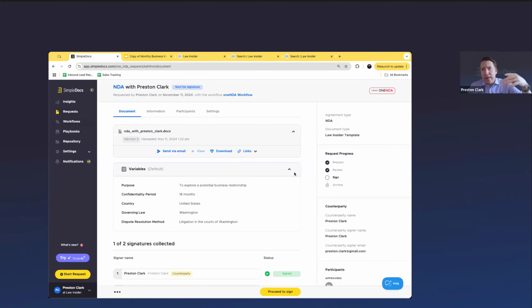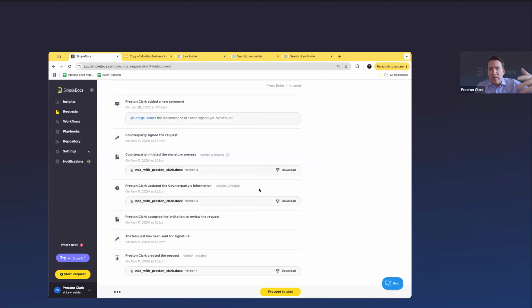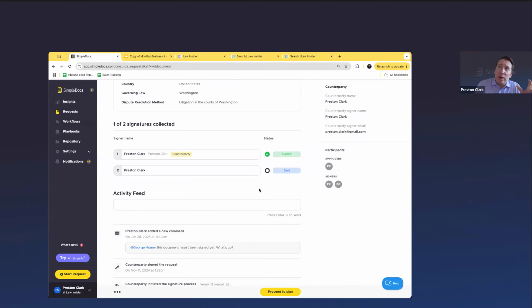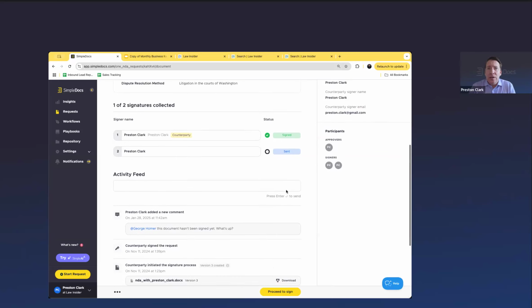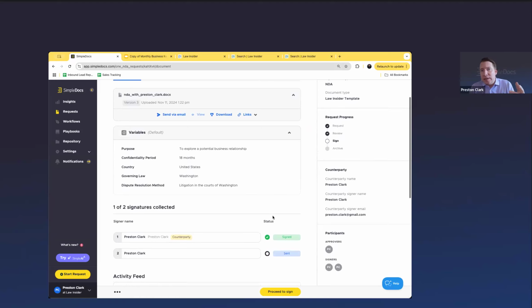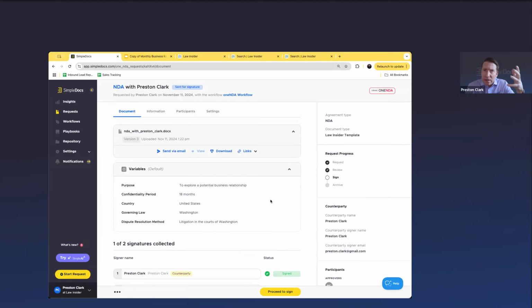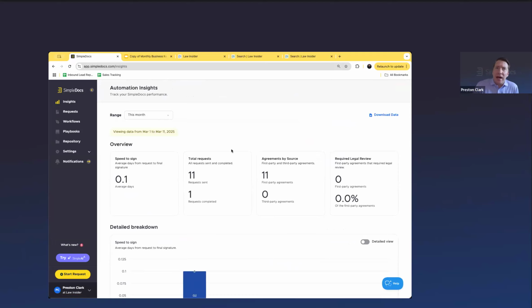You'll be able to say, okay, this agreement has these terms. This is how many versions there have been. This is a summary of the red lines. So it's tracking the history of your negotiation. So you'll see that in the feed. You'll know if one party is signed, if the other party is pending, if it's pending signature with the other. So it's going to give you this incredible visibility. And then, of course, wonderfully, you also will have a dashboard that shows the speed with which it got to signature.